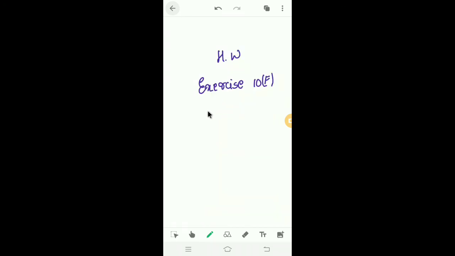Today's homework: solve exercise 10F in your